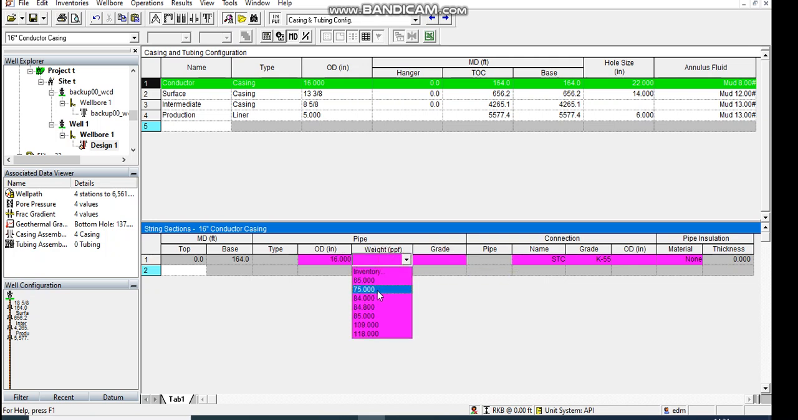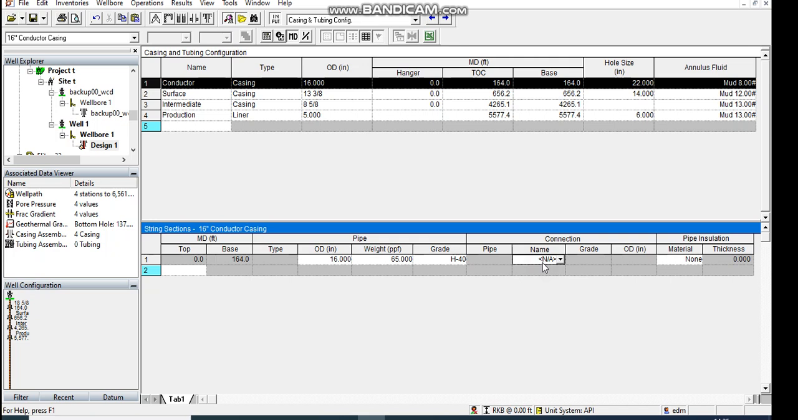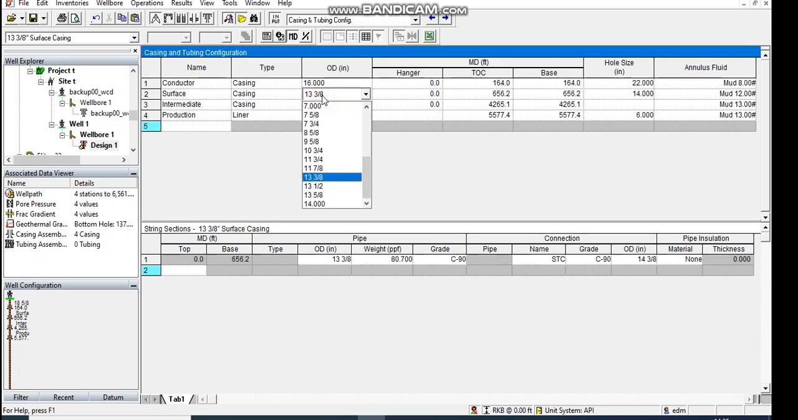We have to put in this, and then we change the grade, change the name, so the grade, and okay, that's very fine. So I'll click on this next one. Okay,